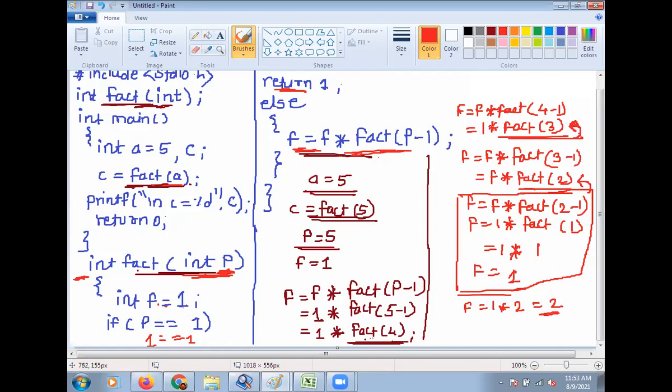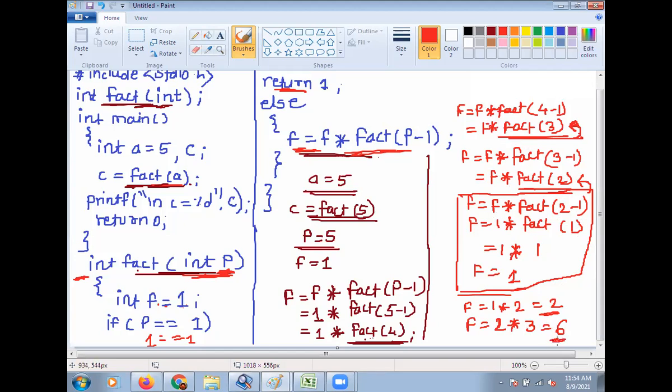So here fact 3 is equal to 2, then f is equal to 2 into 3, you will get 6. So here f is 6.